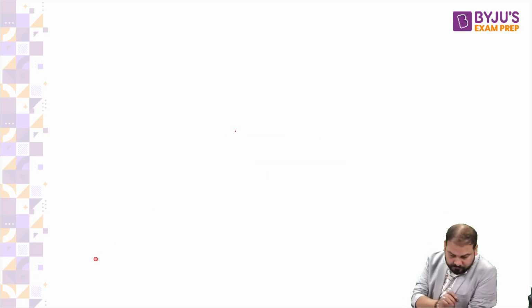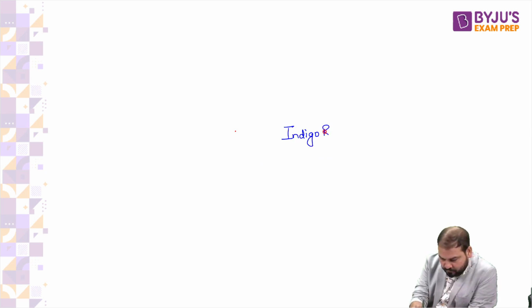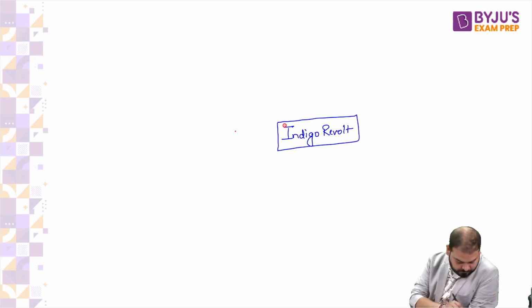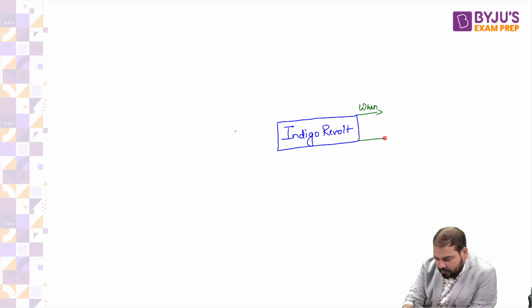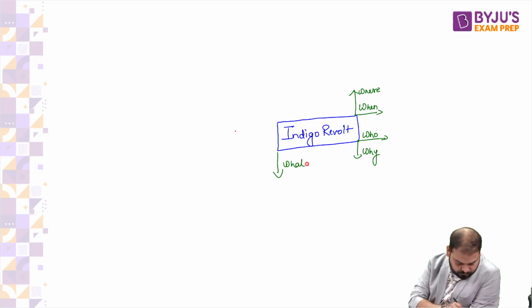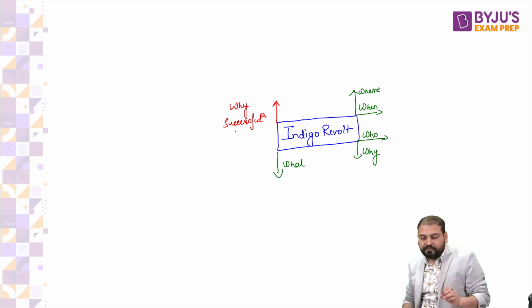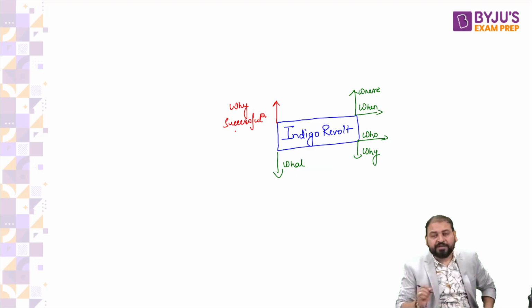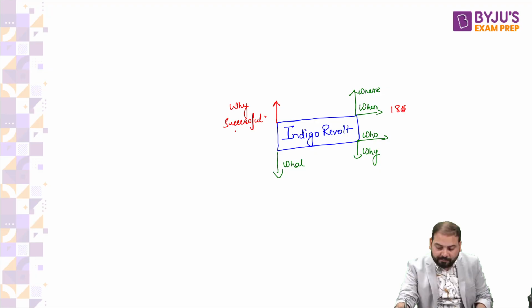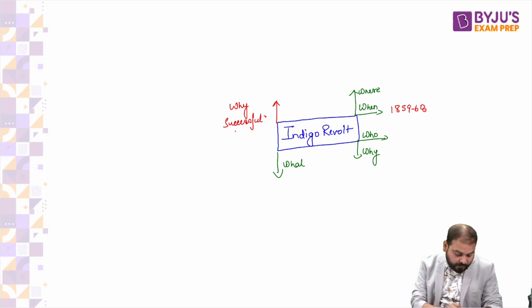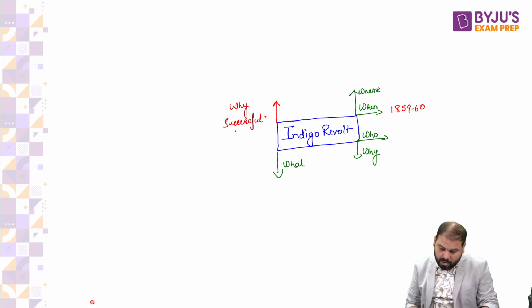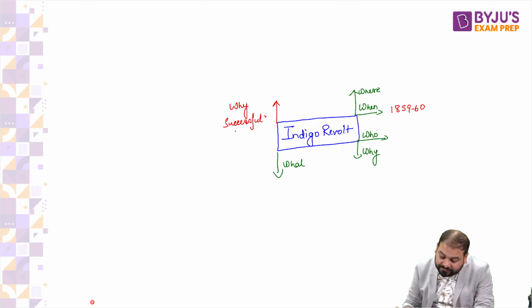Everyone, heard about this? I'm asking myself 6 questions. My questions are, when did the Indigo revolt happen? My answer to this is, it happened in 1859-60. My second question is, where did this Indigo revolt happen? Please understand, guys, not Champaran. Champaran, there is another revolt, but that is 1917. This is